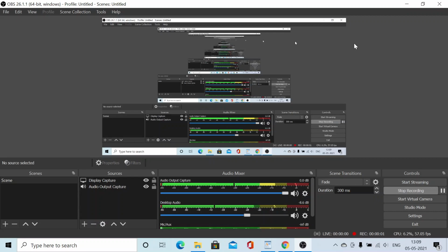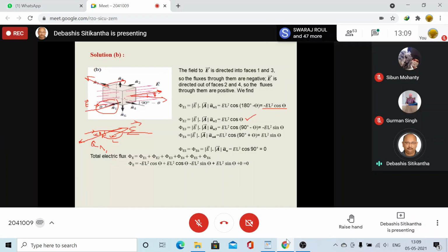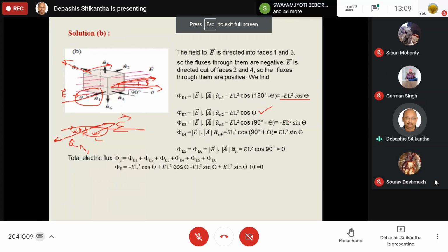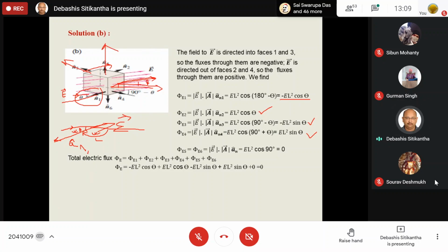This is going to be 90 degree minus theta. Similarly over here, this one is going to be 90 degree minus theta. So I hope everybody can understand these steps. I am not going to elaborate it in any way. Ultimately, these two are still making 90 degree with respect to your E vector. This top face and this bottom face, both of them are making an angle of 90 degree with respect to the electric field. So therefore, these two terms are going to be equated to 0.